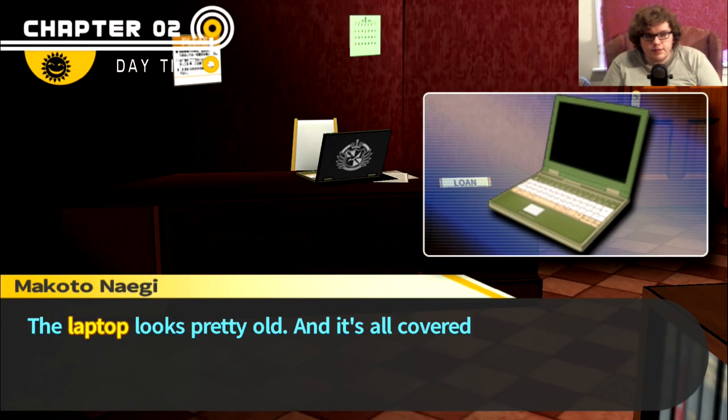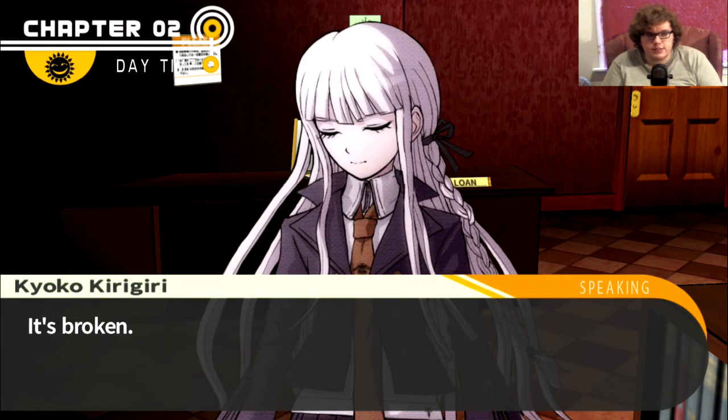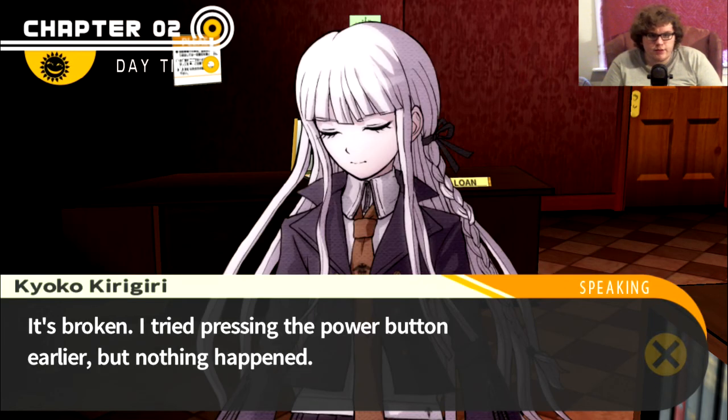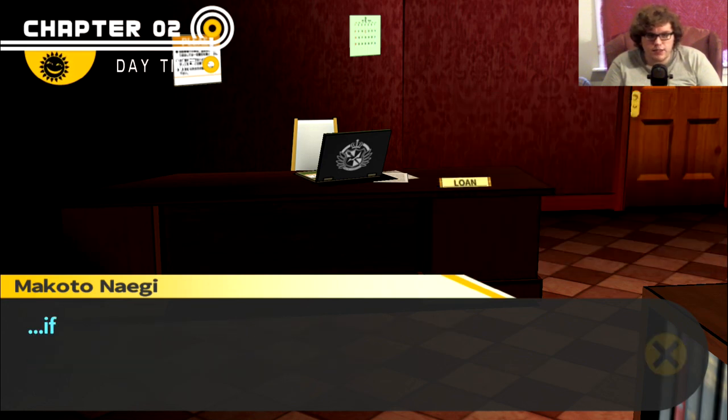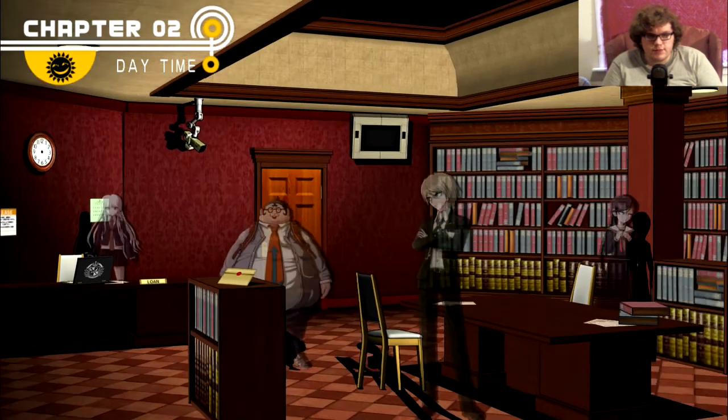It looks like a laptop. The laptop looks pretty old, and it's all covered in dust. So, it's broken. I tried pressing the power button earlier, but nothing happened. It's broke, huh? Too bad. Although I can use it online to see what's going on in the outside world. It's broken, I don't think it's